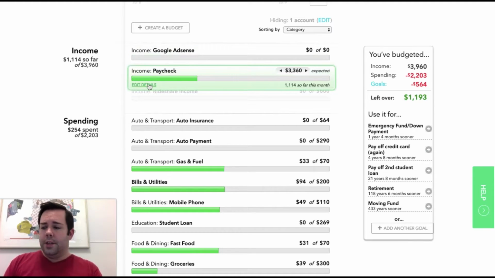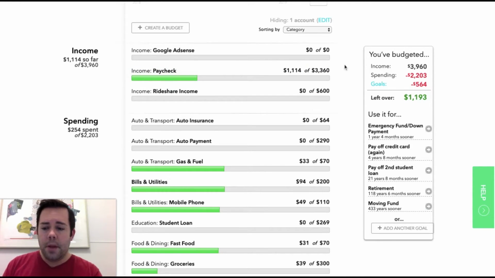So let's go ahead and change this because my last paycheck was $960, and I'm going to have that at least twice. So that's going to put me at $1,920. All right. And here's the thing. I'm also supposed to get paid on the 31st. I will get paid on the 31st, and unless my Mint account has a delay, which it sometimes does with it being paid on the end of the month,